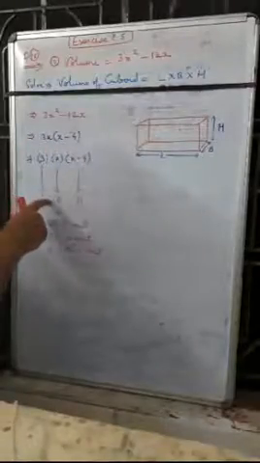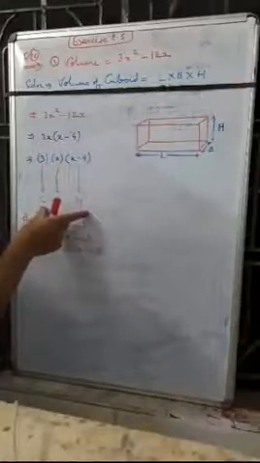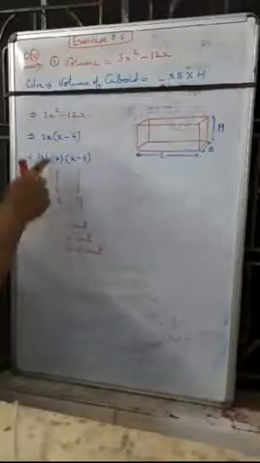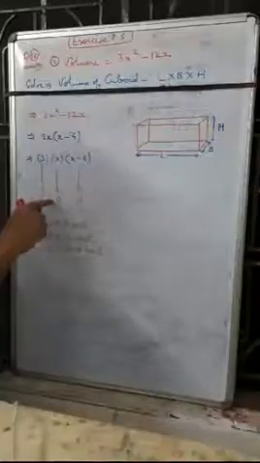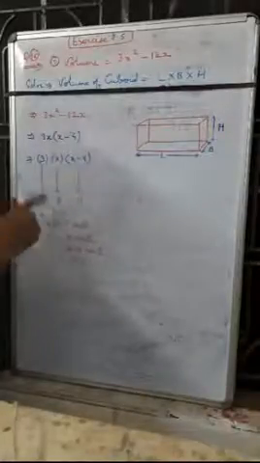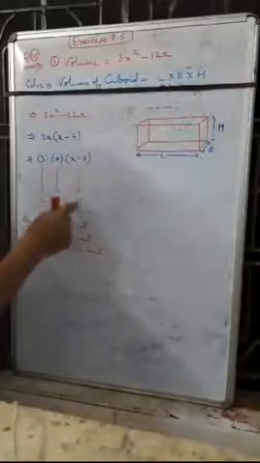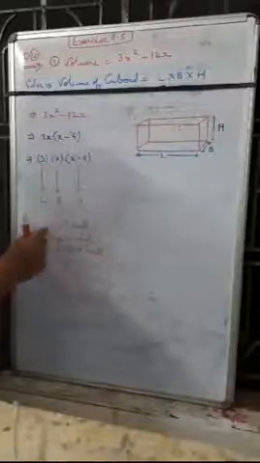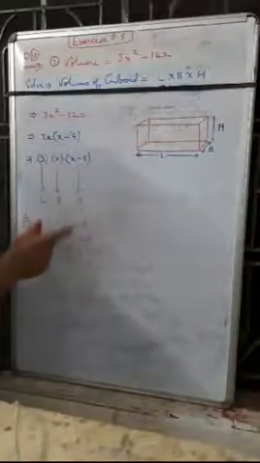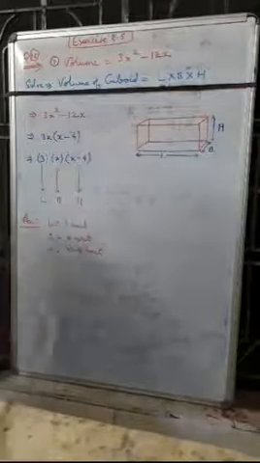So 3 will become length, x will become breadth, and x minus 4 may be height, or it may be interchanged. It may be the length x or breadth may be 3, or height may be x minus 4, or height may be x, or height may be 3. So answer is length is equal to 3 unit, breadth is equal to x unit, and h is equal to x minus 4 unit, or the length, breadth and h can be interchanged because it is the volume of the cuboid. So this is the solution of given problem.